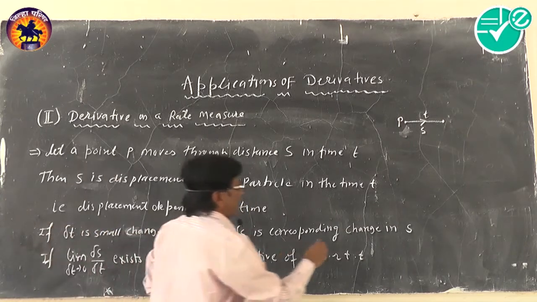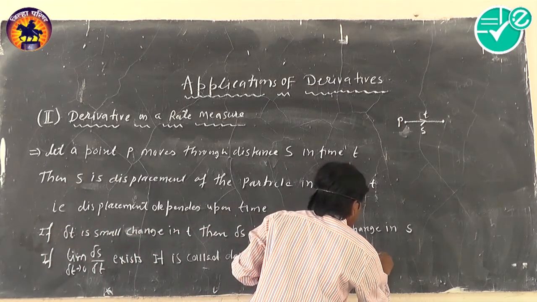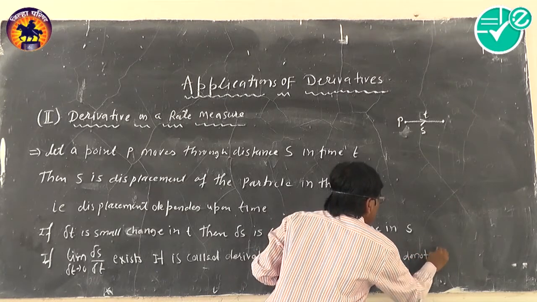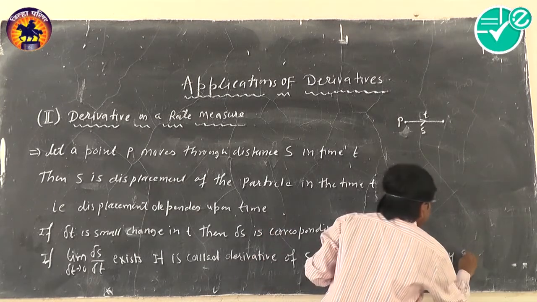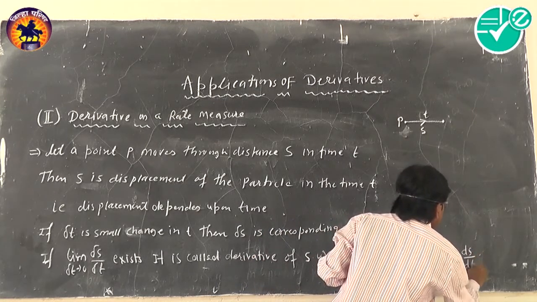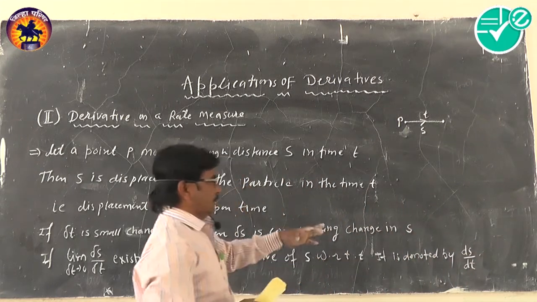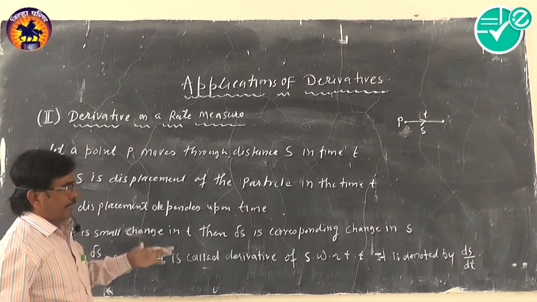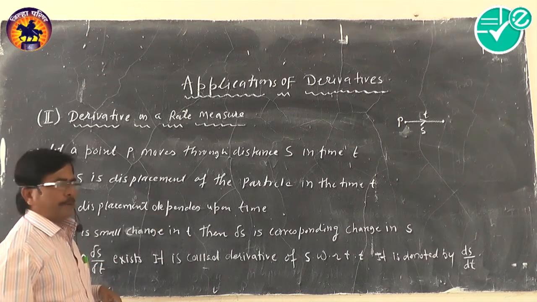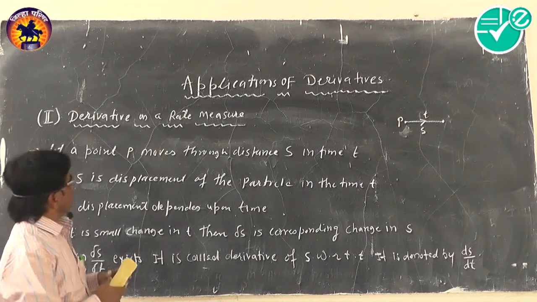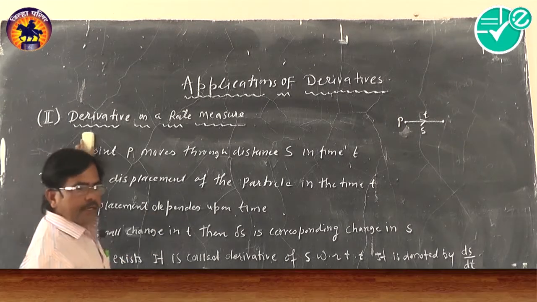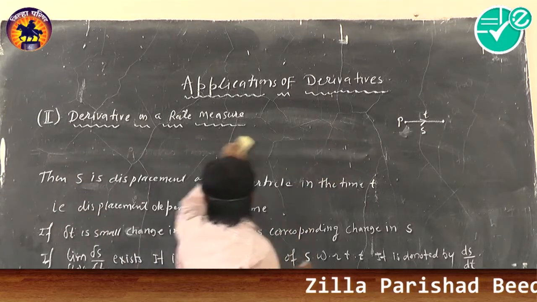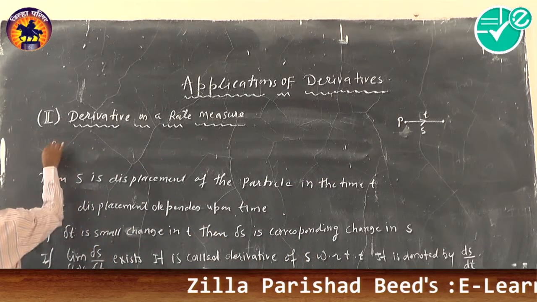It is denoted by ds by dt. That is, ds by dt is nothing but the rate of change of one variable with respect to the other variable. Therefore, we can write here ds by dt